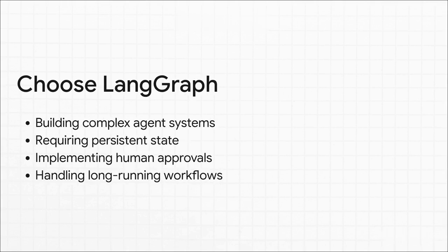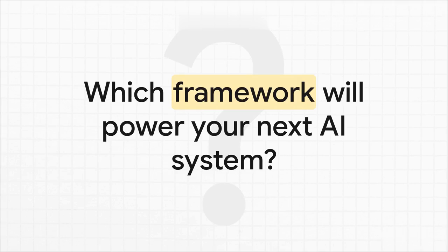However, when you finally hit that complexity wall, when your agents absolutely need iterative reasoning, when you require persistent state that can survive a system crash, or when you're building a massive enterprise system that demands human-in-the-loop approvals, LangGraph is your mandatory upgrade. It is built specifically from the ground up for complex, multi-agent collaboration and long-running AI operations. We've seen how AI workflows have evolved from basic linear chains to incredibly dynamic, stateful graphs. The tools are literally more powerful than they have ever been, and they're just sitting